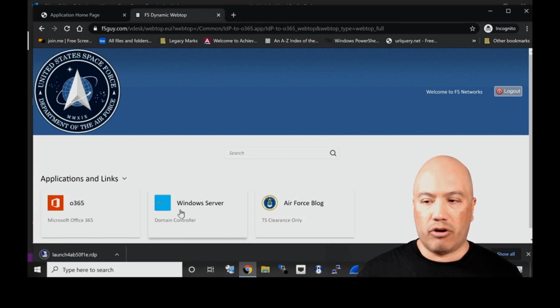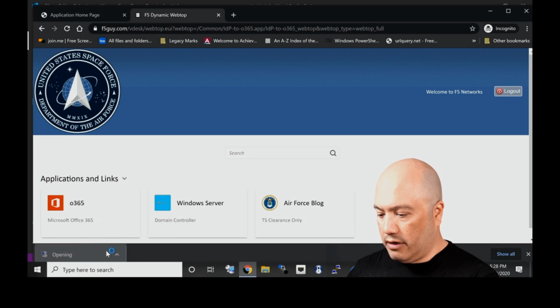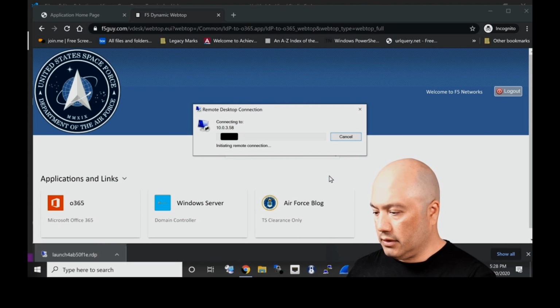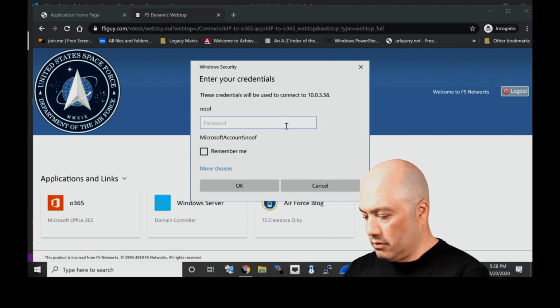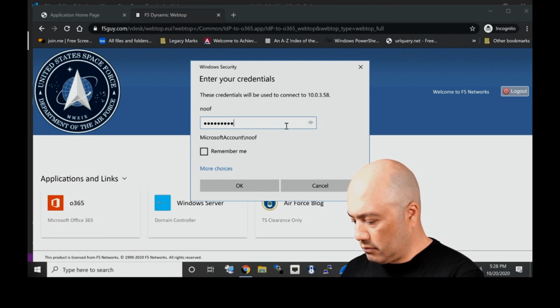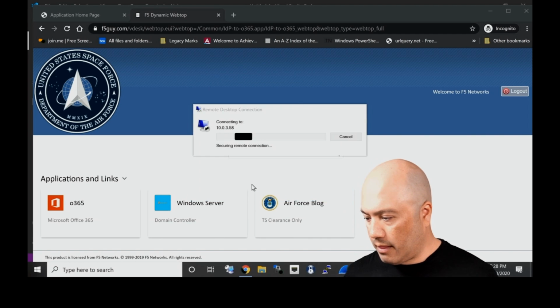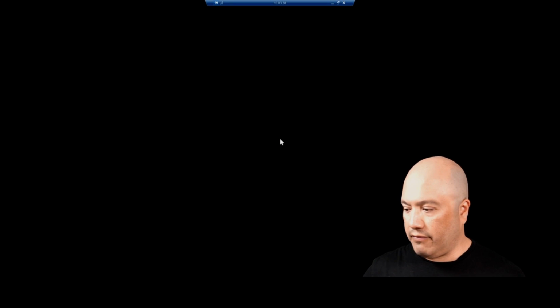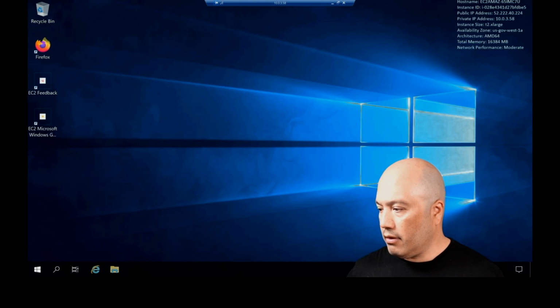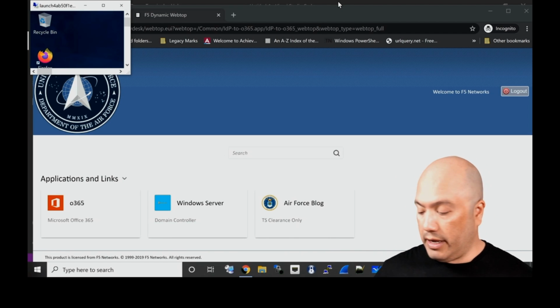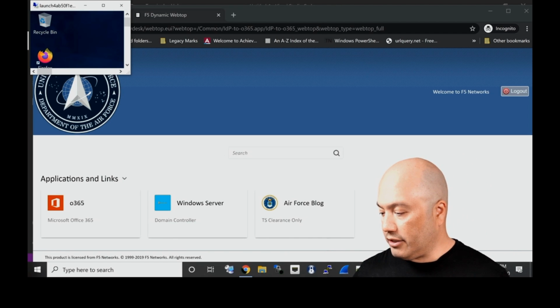Now we've got our domain controller, which is a Windows server sitting behind the BIGIP, and we are going to connect. We have different logic built into this VDI resource. And so what we're going to do now is, we're connected, right? What we're going to do now is we're going to introduce